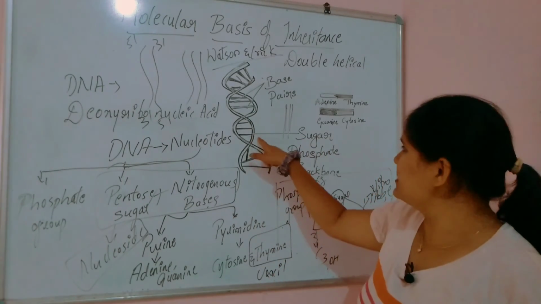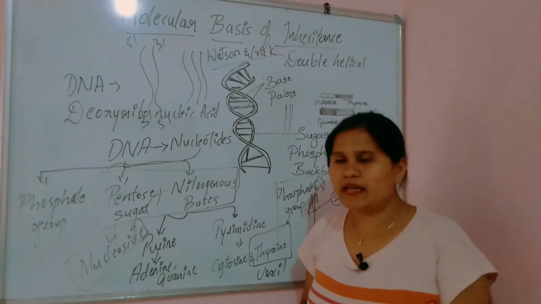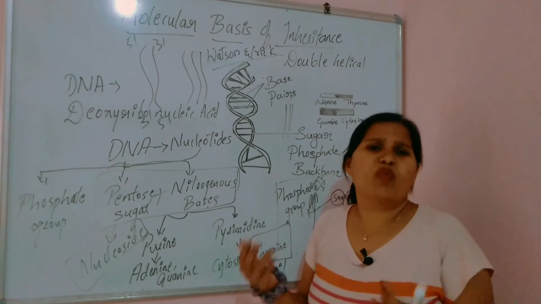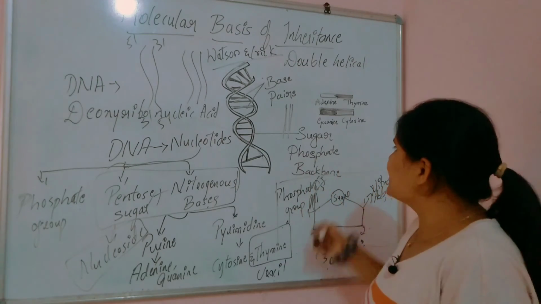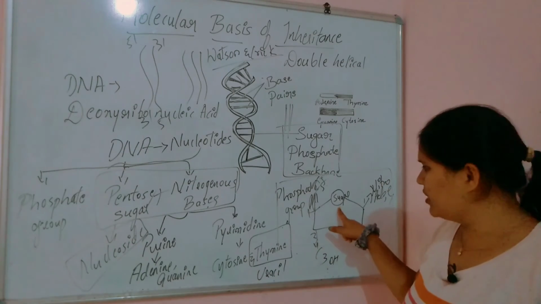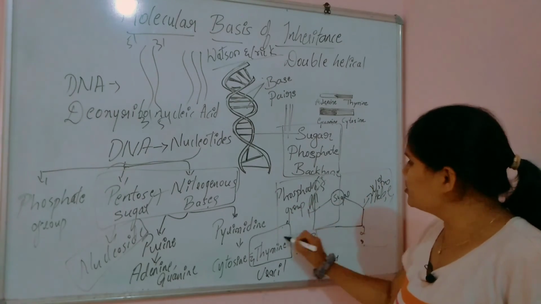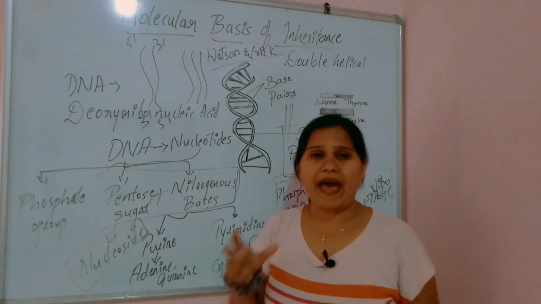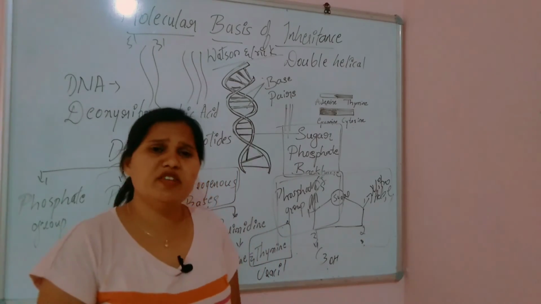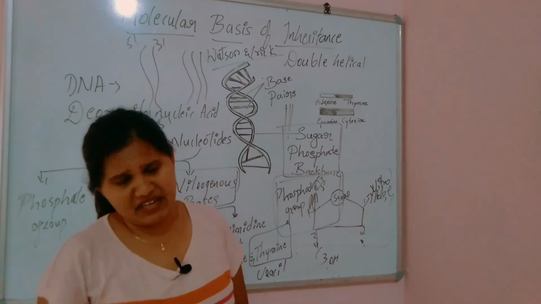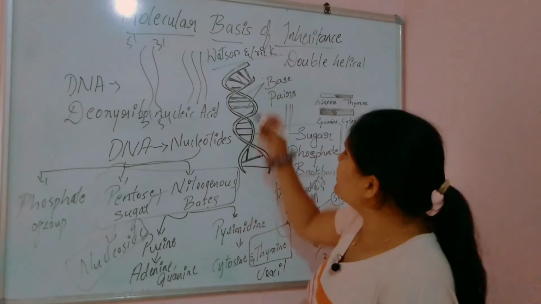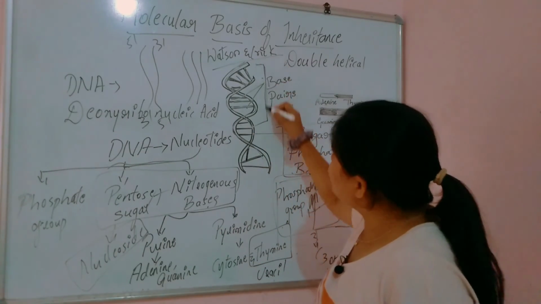And here you can see this phosphate. So one more thing is the backbone of DNA. Okay. So what is the backbone of DNA? It is nothing but the sugar phosphate backbone. See here, sugar and phosphate. So this sugar phosphate is called the backbone of the DNA. Okay. This may be asked in your multiple choice questions in CET or NEET and all. Okay. Do remember this.